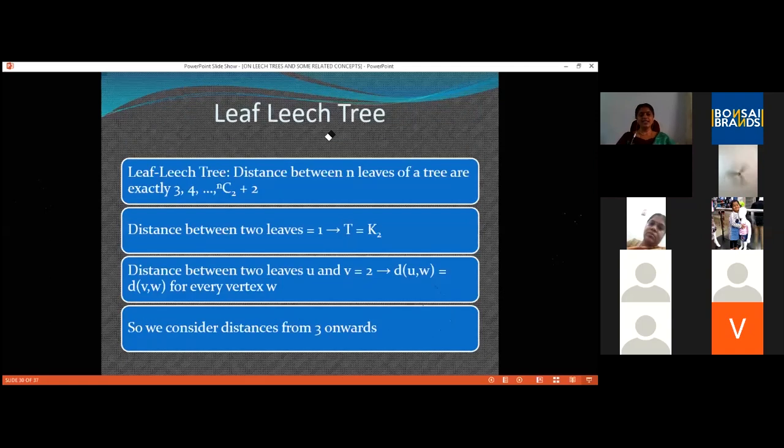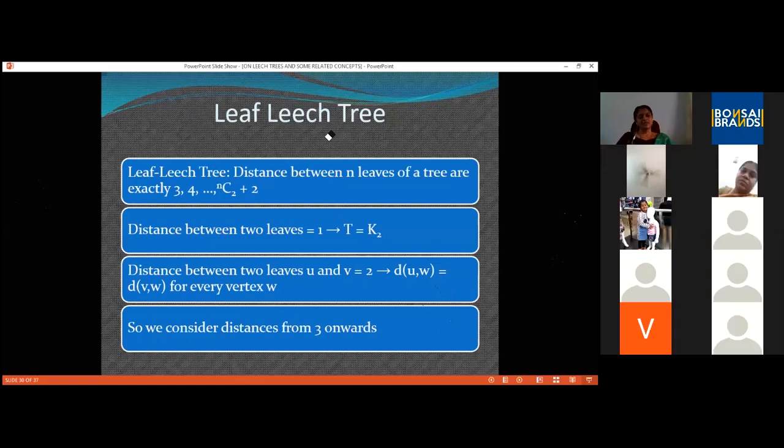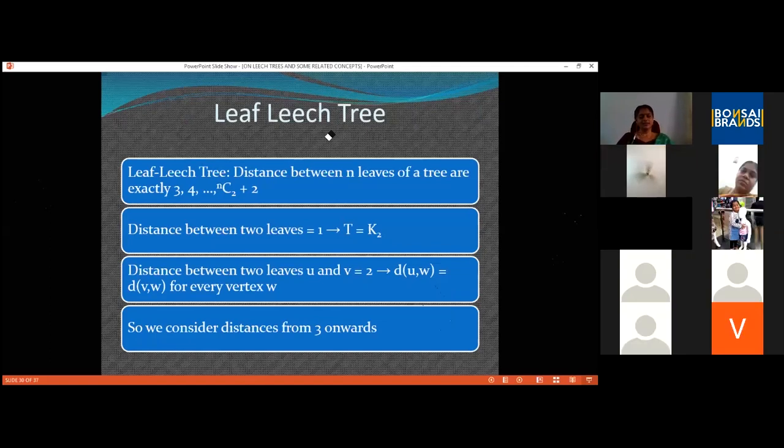Next one is an extension, leaf leech trees. Here there is a difference. Here there is no question of labeling. Given a tree, I can just check whether it is a leaf leech tree or not. How do I do that?